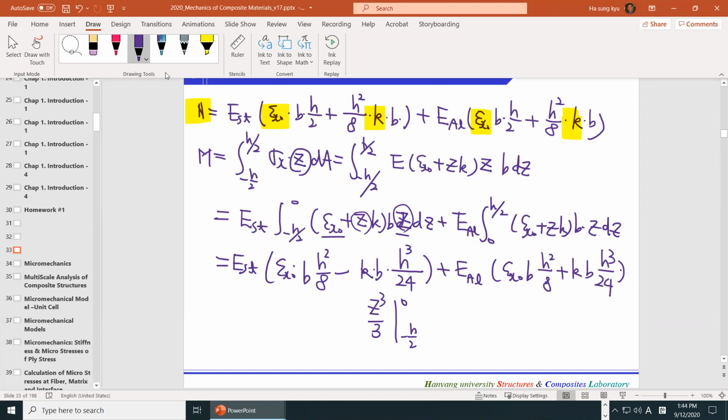Right? So there's a third power. So that's why we need to have a minus here. Okay. So here again, we have a moment, and we have epsilon 0 and curvature, and epsilon 0 and curvature. Okay, and now let's